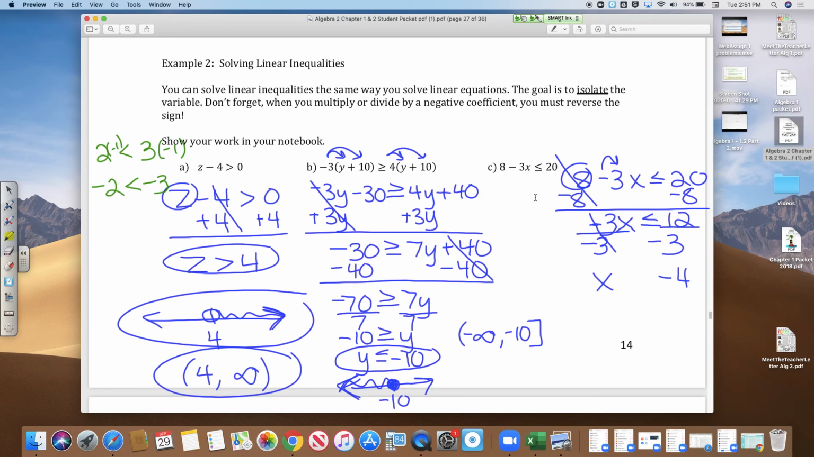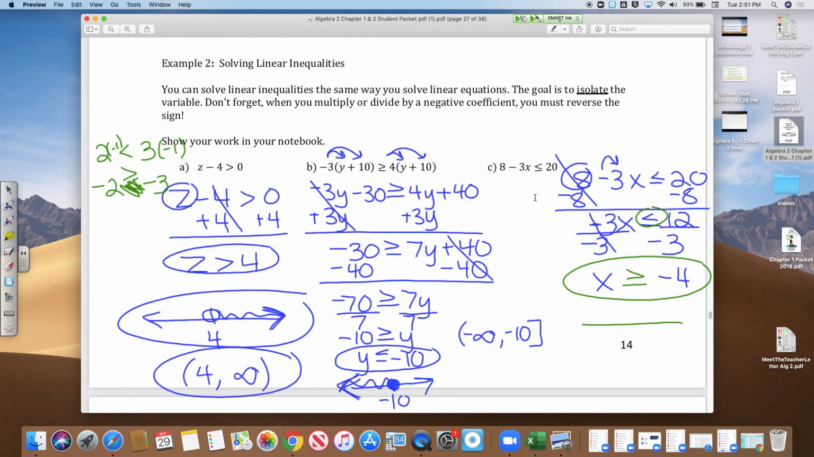Negative 2 is actually greater than negative 3. On a number line, negative 2 is closer to 0. So whenever you divide or multiply by a negative number, you have to flip the sign in order for it to stay true, stay correct. That means that this answer is not going to be less than or equal to negative 4. It's going to be greater than or equal to negative 4 since I divided by a negative there. There's my answer in